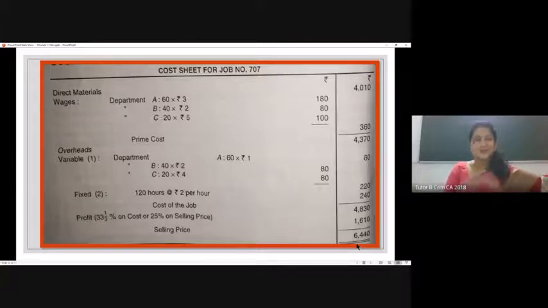This is all about finding out the total cost and profit, and also the selling price for job number 707. So before I conclude, I'll just explain one more time quickly so that you can have a recap. If at all you lost somewhere, just listen to me now for the last time. So here in this question, we are given the total cost associated with job number 707, and we are asked to compute the selling price of job number 707, keeping 25% on selling price as your profit.